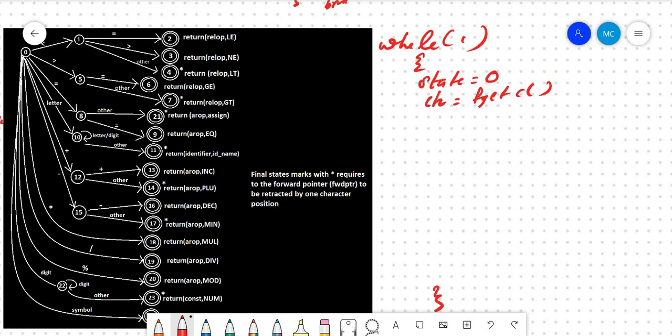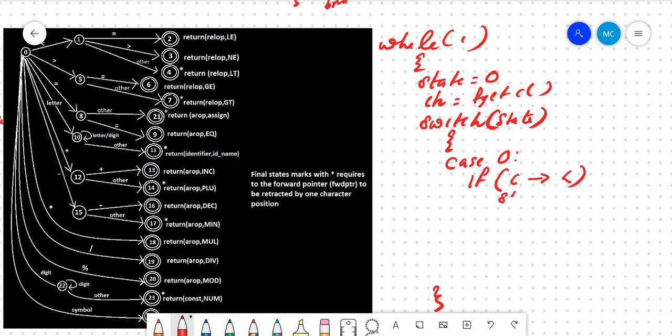You will use a simple switch case construct to implement this particular transition diagram. So switch state. If the state is 0, what should you do? You will check whether the character you received is less than. If it is less than, you will initialize your state to 1.